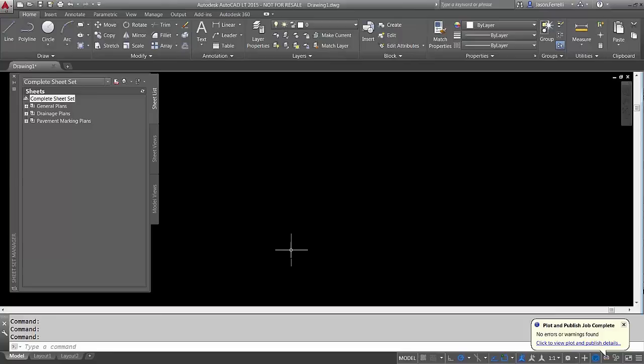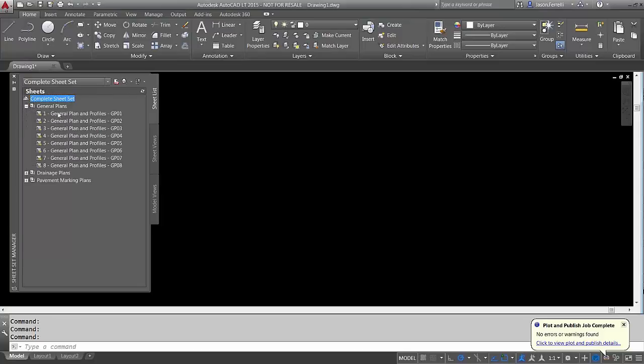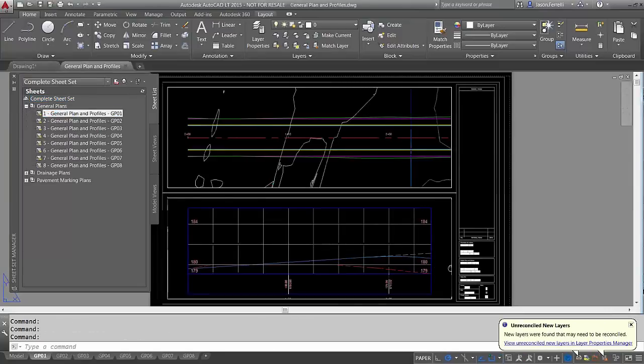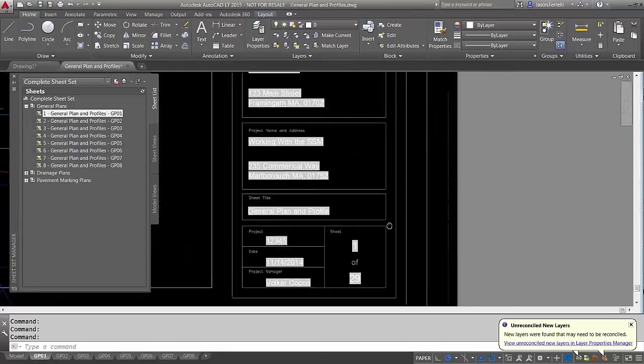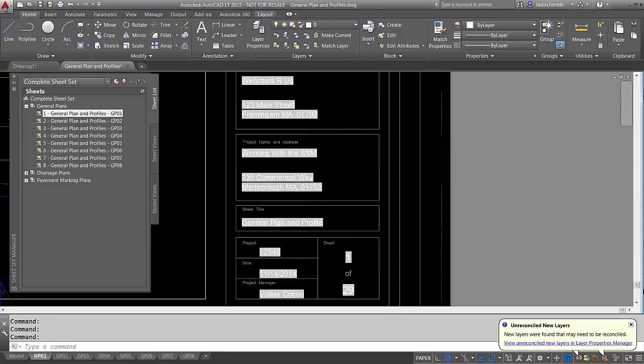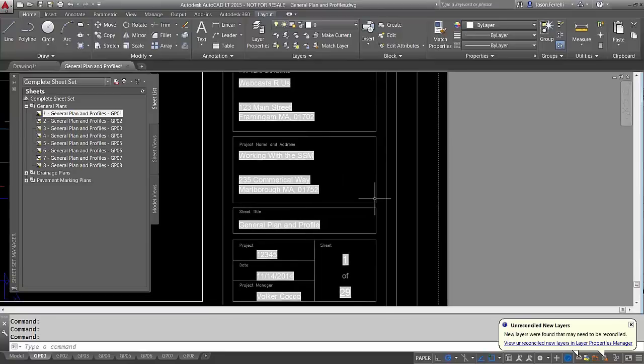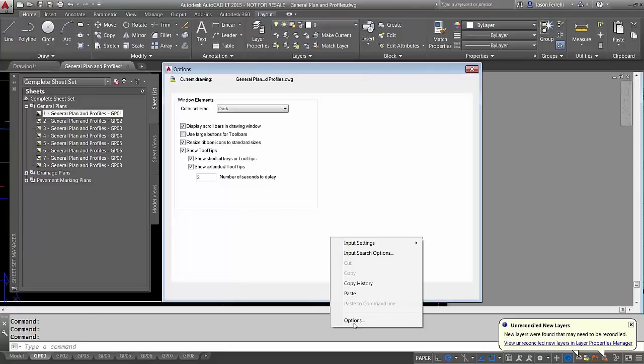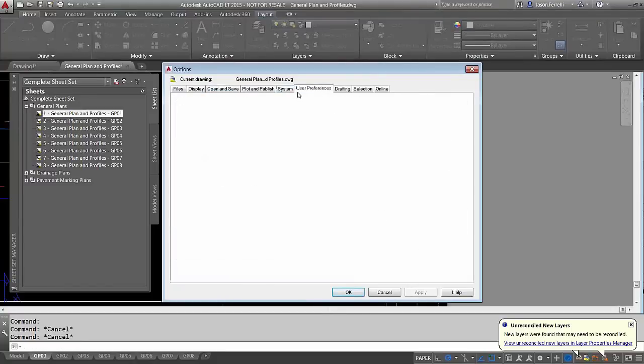So I think there was just a little confusion over fields that publish and plot can update versus the custom fields that you can get with Sheet Set Manager. The question was that publish updates fields when you plot. There's a little confusion on how that works, but when we publish, it would do things like the device printed to, kind of plot stamp information, as opposed to these custom fields that you had to create to make sure that all 400 sheets have that address, that project manager, that client name. I think if I understand the question,